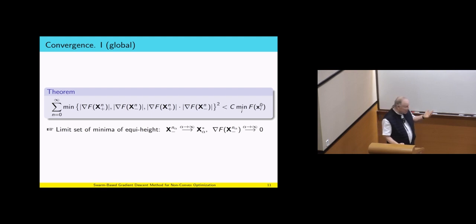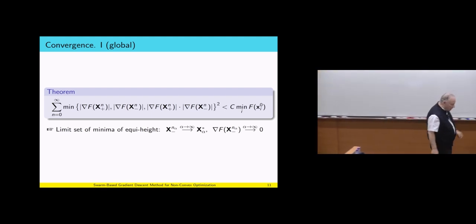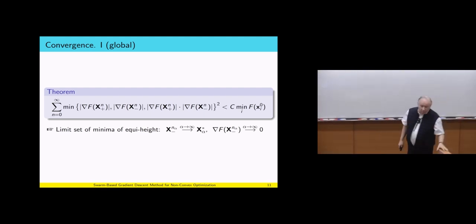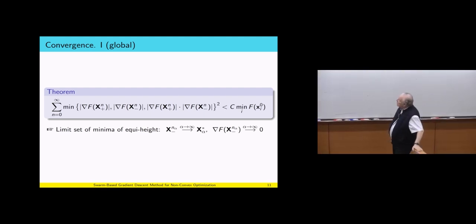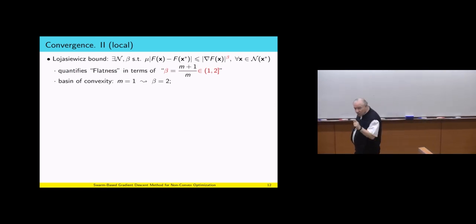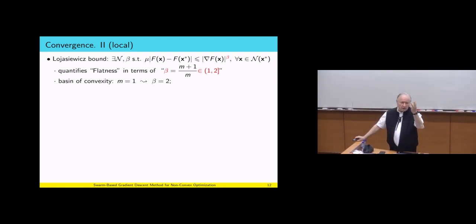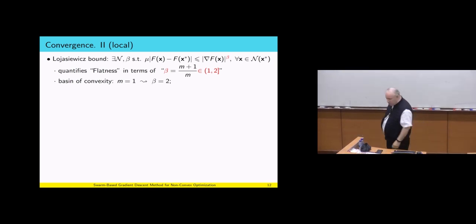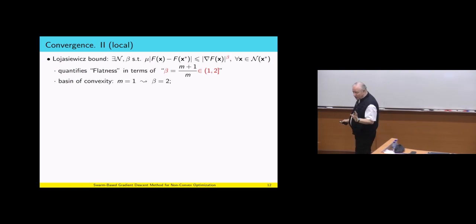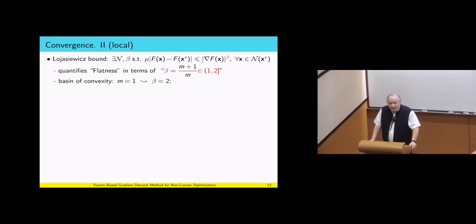Which is pretty remarkable, but there's only one problem with that. It has no idea about the convergence rate. So let me go now to another theorem, which actually quantifies the convergence rate. To do that, I have to estimate now the local rate of convergence for this SBGD by something called the Lojasiewicz bound. At this point, I have to stop, as I did in another lecture, and I have to ask you,